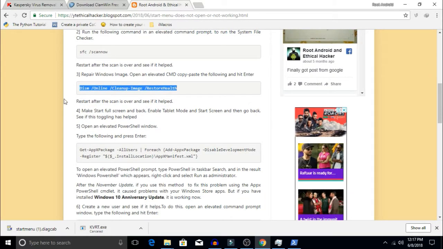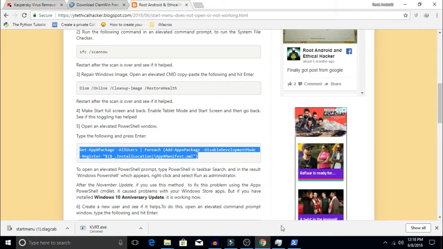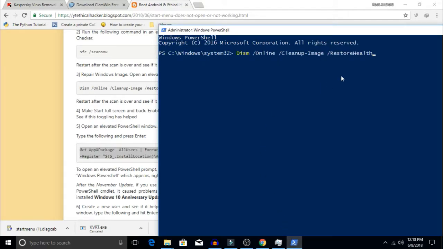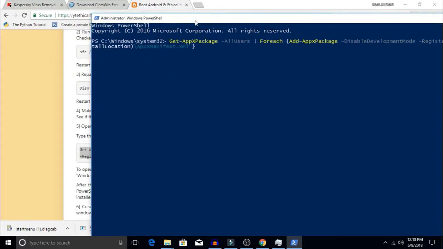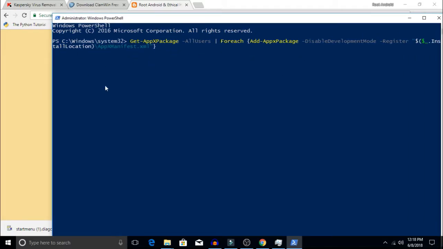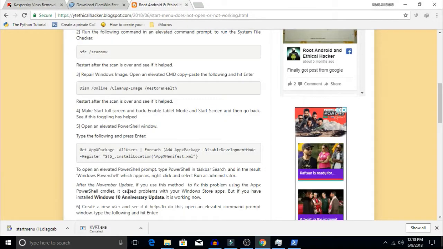Now you can check YouTube to see how to toggle tablet mode. Now again open the elevated PowerShell and copy this and paste it into the PowerShell by simple right click and click enter. I'm not entering because my start menu is fine right now,